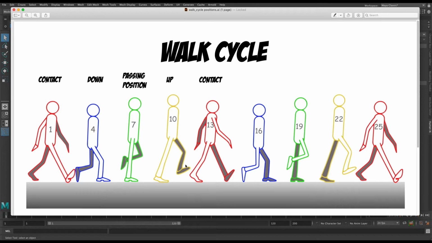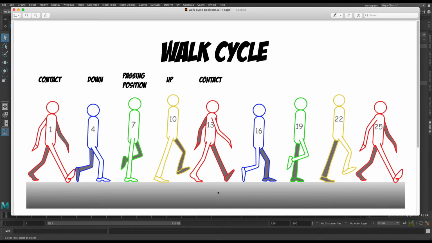When you have a character walk or a character run, it does a cycle. It starts in one position, like in this example. You have a contact position on frame 1, and it is mimicked on frame 25. So this is a very typical, very generic walk cycle. There are lots of different flavors of walk cycle, lots of different ways to do one, and lots of different timings. We're just going to use the basic 25 frame walk cycle to set this up and learn all the basic elements of a walk cycle in Autodesk Maya